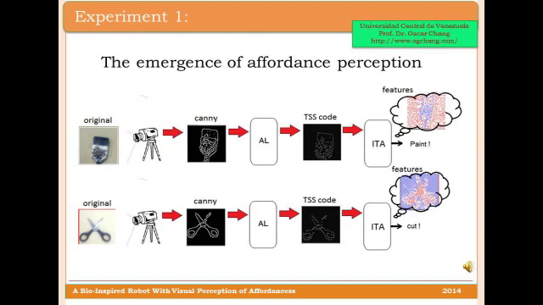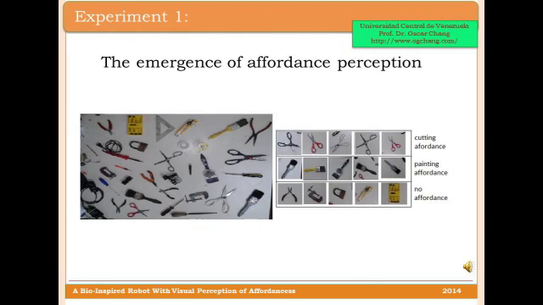In the figure, the controller converts original images into Canny images and synthetic TSS code. Inside the ITAs, and after 4 rewards, time-stabilized sparse features are created in their hidden layer. Using a Pentium Core i5, learning takes about 10 seconds. Once trained for class recognition, the robot visually scans the shown landscape, and in about 3 minutes, perceives the 8 existing affordances. Image zooming is tolerated, and look-alike objects such as pliers and relays are rejected.